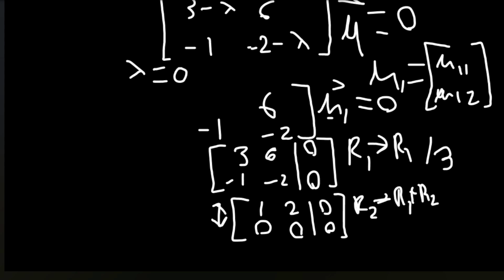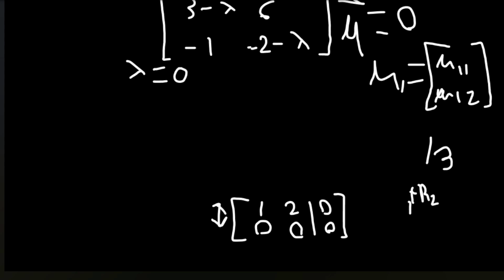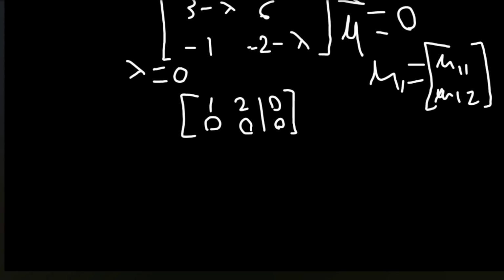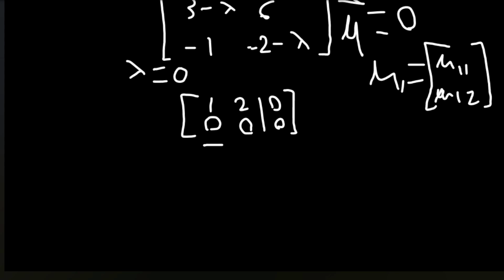So I'm going to go ahead and erase this, and we'll be left with this matrix here. If you remember, we were multiplying everything by that. This is what we started with. So if we work backwards, we're going to know that